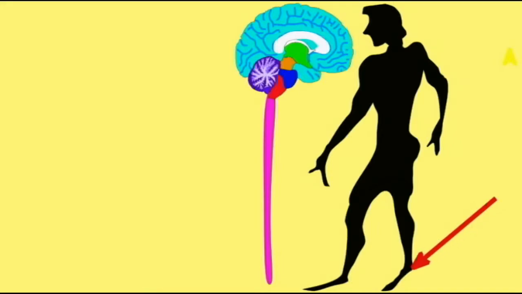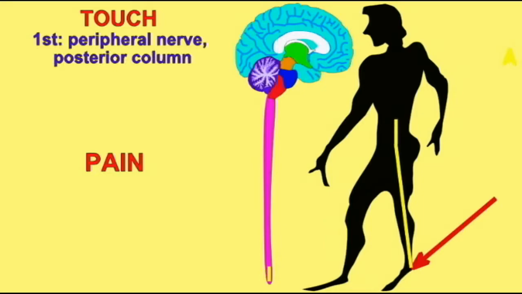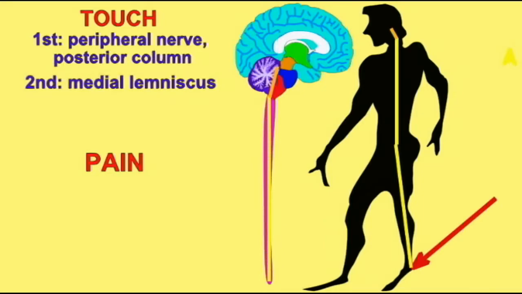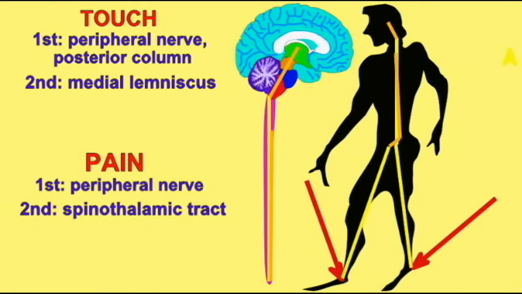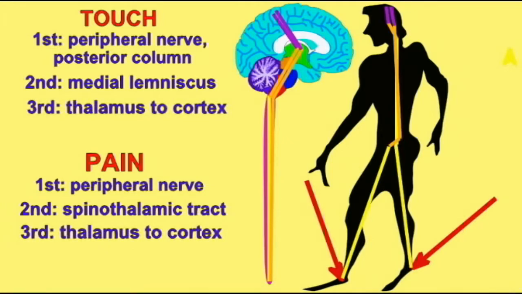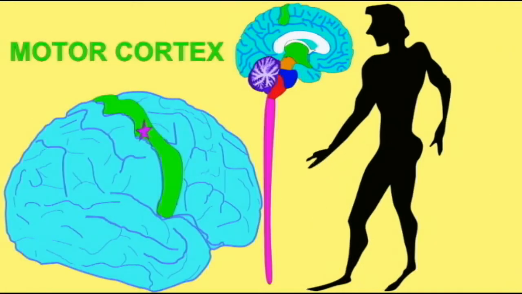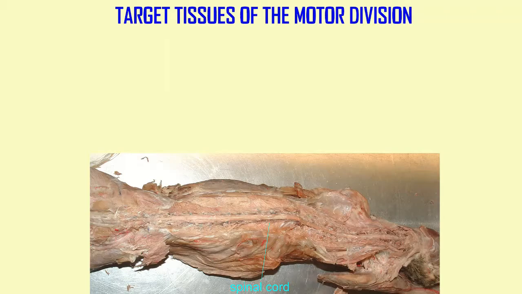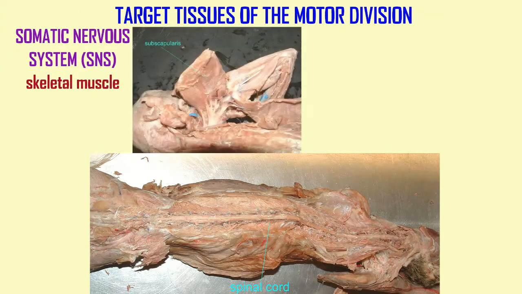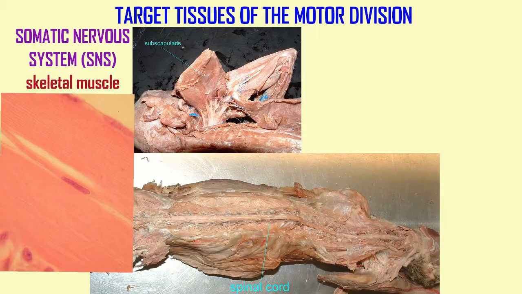The nervous system can be divided into the central nervous system, which includes the brain and spinal cord, and the peripheral nervous system, outside the brain and spinal cord. This peripheral nervous system can be divided into a sensory division, where the neurons are bringing sensory information to the brain and spinal cord, and then a motor division, where the central nervous system is sending motor commands to the rest of the body. This motor division can then be divided into a somatic nervous system and an autonomic nervous system.